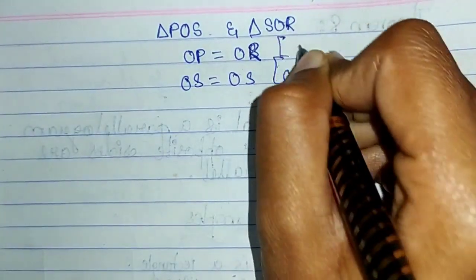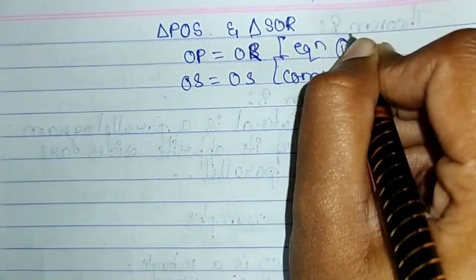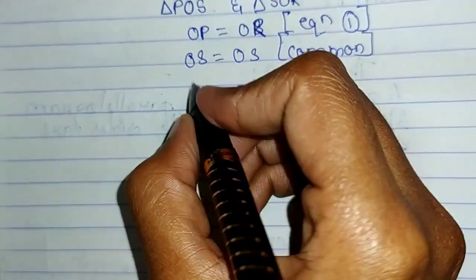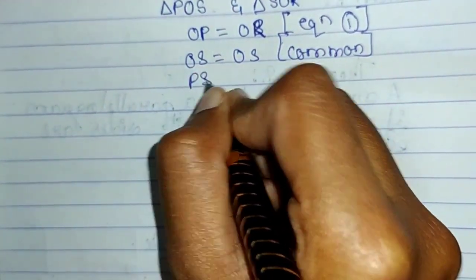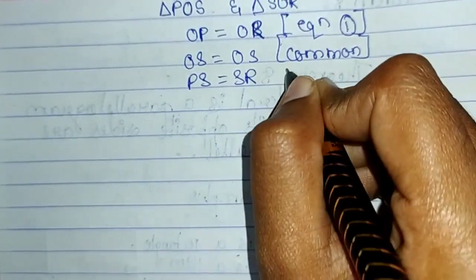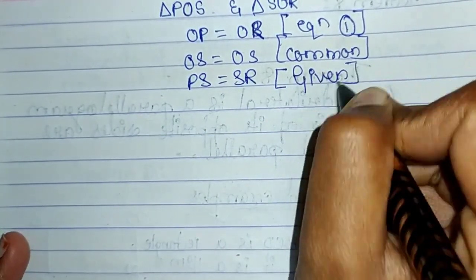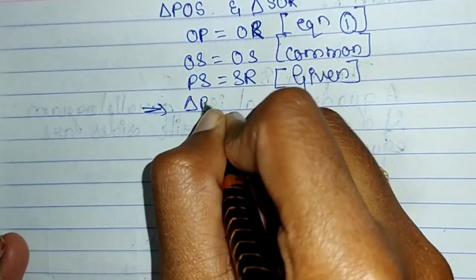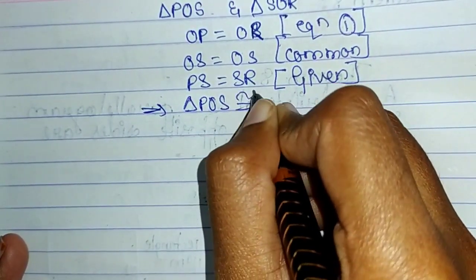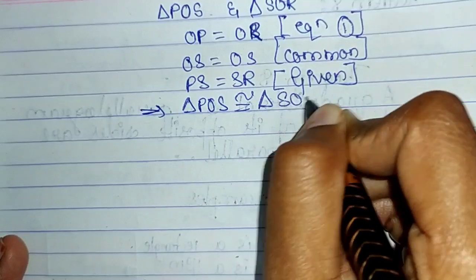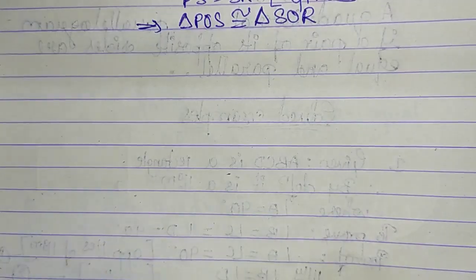This is from equation 1, because diagonals bisect each other. And lastly we have PS is equal to SR, because they are sides of a rhombus. So it is given. So this implies triangle POS is congruent to triangle SOR by